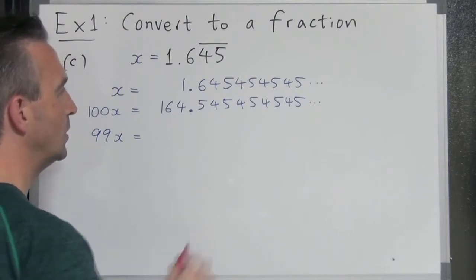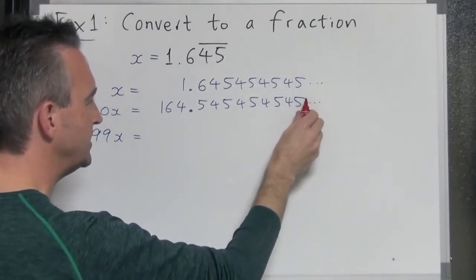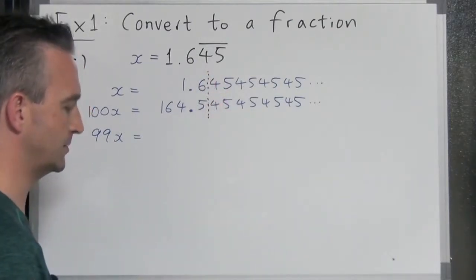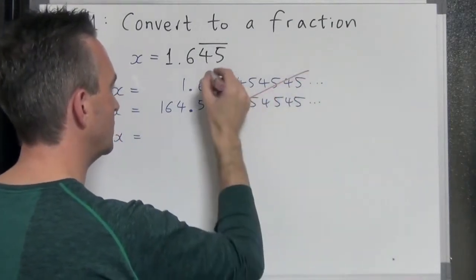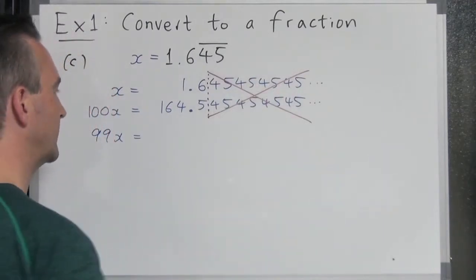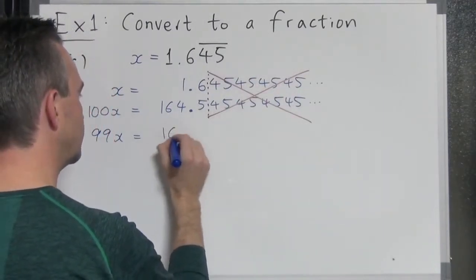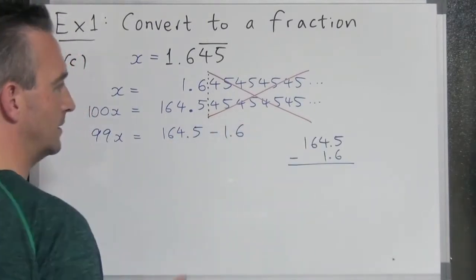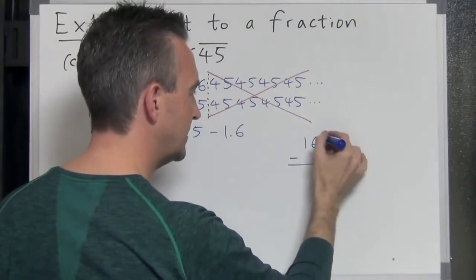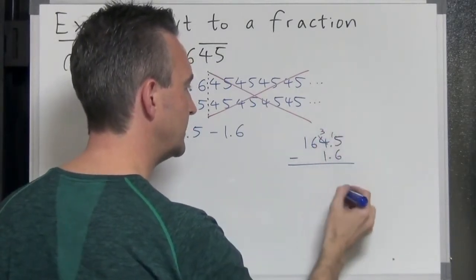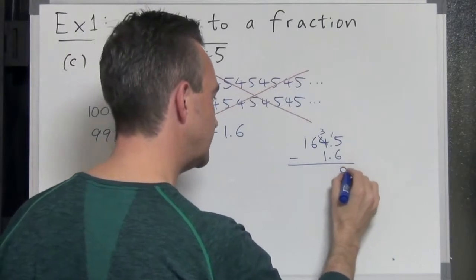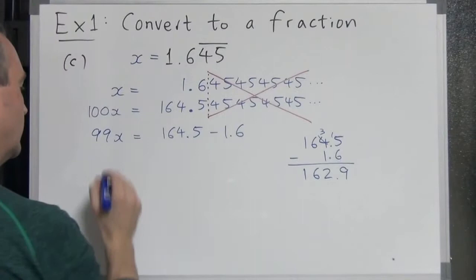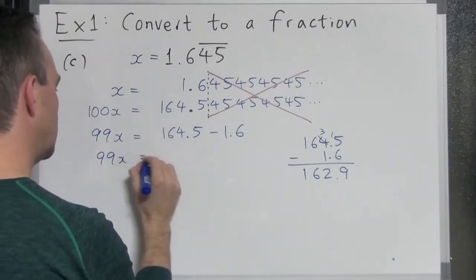And on the right, where do all the decimal places and the digits become identical? After here this time. Okay, it's a little bit after the decimal place. So from this point onwards, when we subtract, that will all disappear. And on the right side, we're going to be left with 164.5 minus 1.6. Let's do the subtraction. 5 minus 6 we can't do. Let's turn the 4 into a 3. Take that, 10. 15 minus 6 is 9. 3 minus 1 is 2. 6, 1. 162.9. So 99x equals